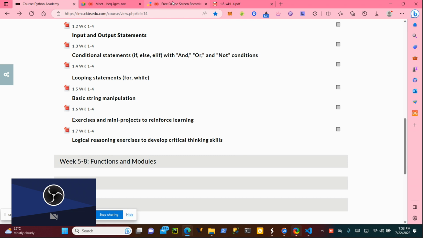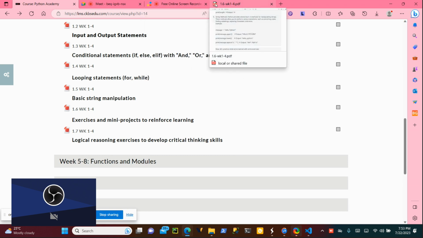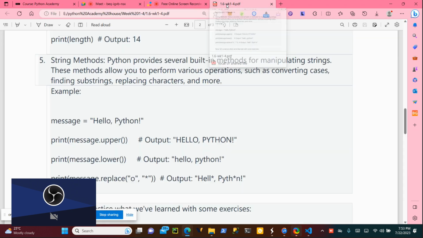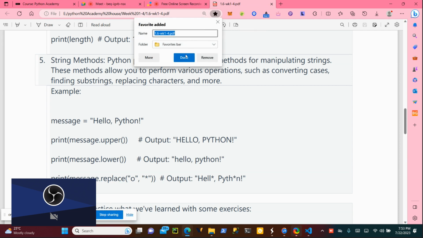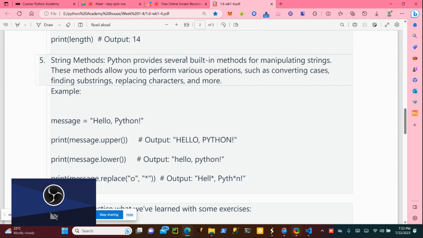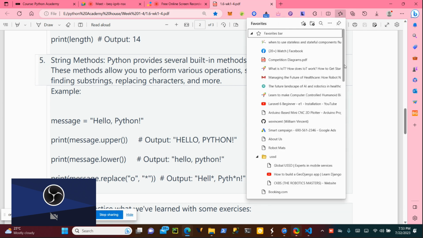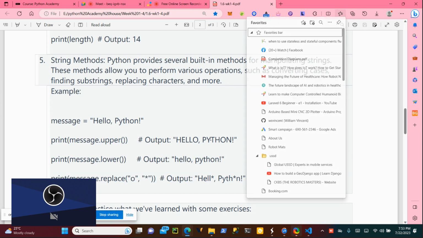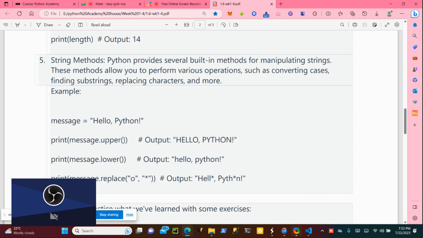The moment you are done, you can save that, okay, so that anytime you get this one, I can even save this work. So maybe I'm not done with this teaching. I want to continue. So I just click on save as favorite. So anytime I'm starting, I'll just go there and then I'll click on it and it will come like the way it has opened for me. I hope you've gotten it.